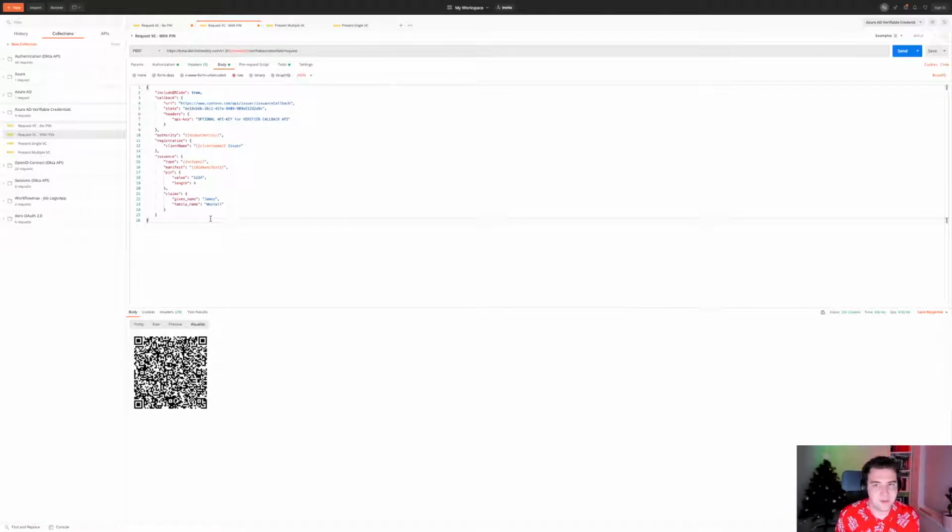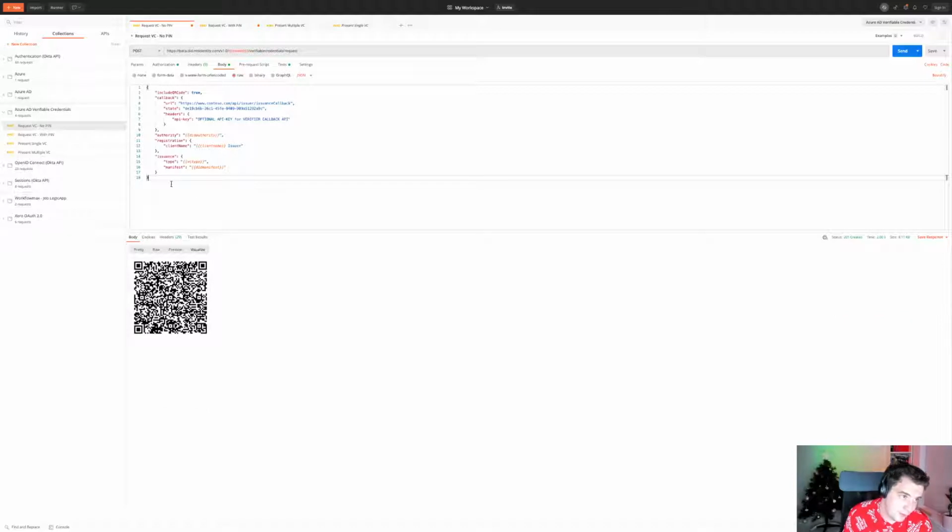And the reason for that is the request API in general is a lot more flexible in terms of actually issuing the VC. What I can do is provide the claims and the information I want to show in the VC in the initial request. And in those scenarios, I need to provide a PIN because I've got to verify that I'm actually scanning the QR code and I'm authorized to do that. Or in other scenarios, I'm saying, I don't want you to issue a PIN because you're going to sign in when I issue the credentials. So it's really around, for me at least, when you authenticate the user.